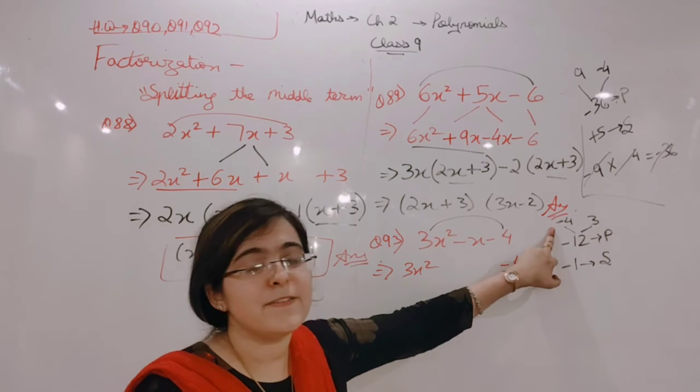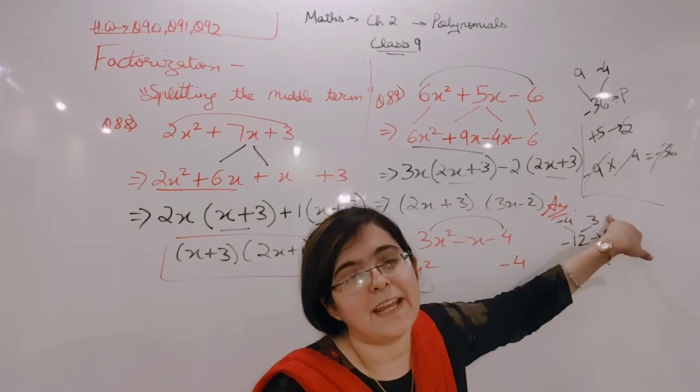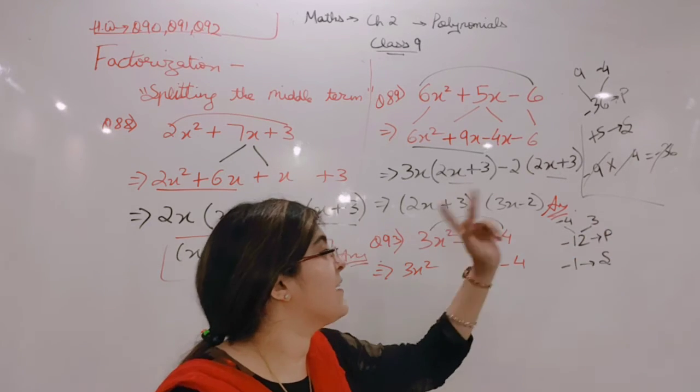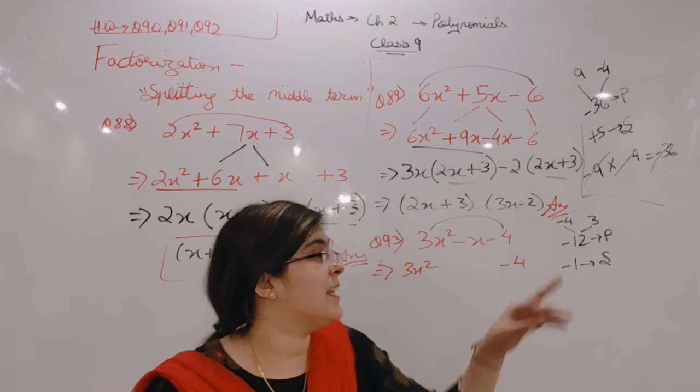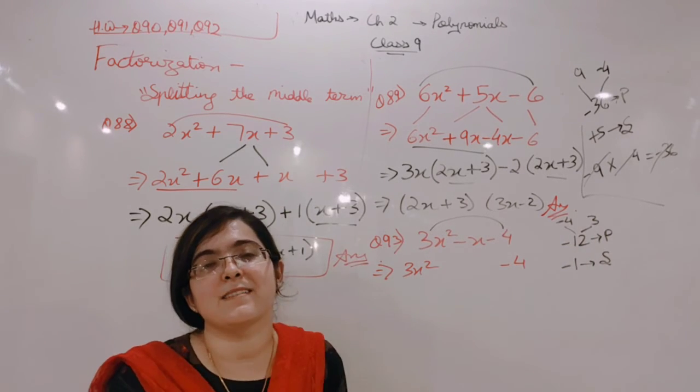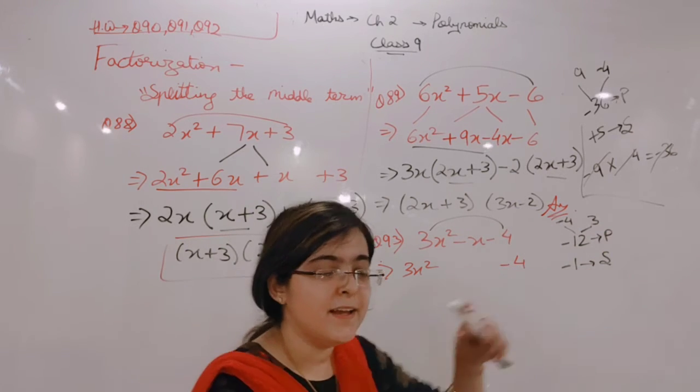I am again telling you there are 3 cases possible. Either put a negative sign in the first number, or put the negative sign in the second number, or put the negative sign in both the numbers. I am repeating, any of the 3 steps would give you the required answer. So now I am getting minus 4 and 3.